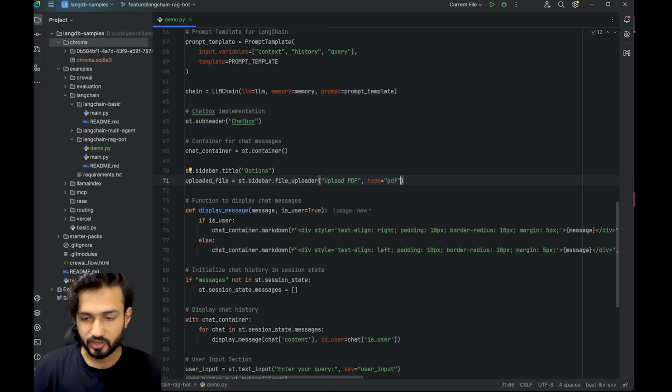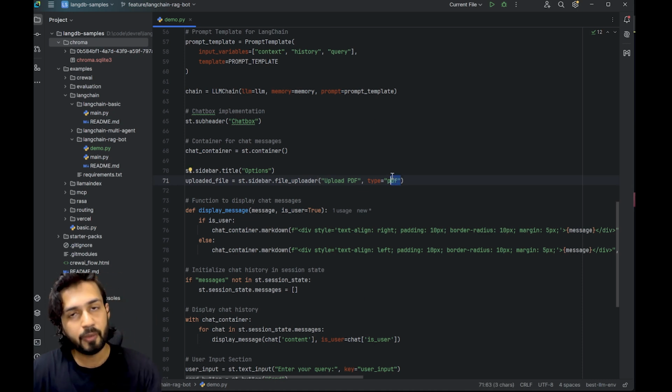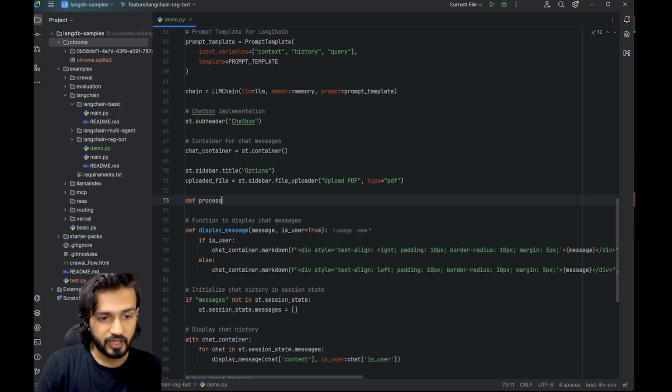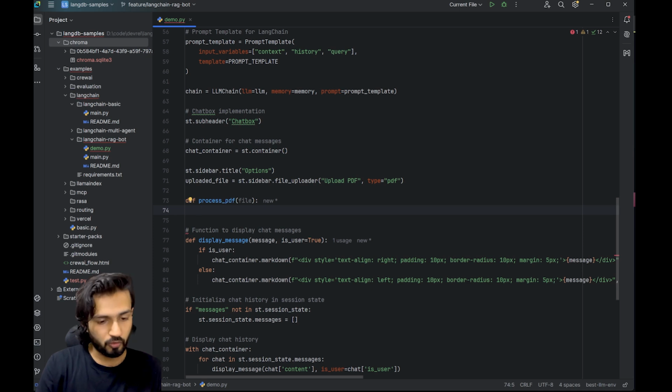But to avoid exceptions, we will only be accepting PDFs, no other images, videos, or any kind of files. Now, we have to write a function to process the PDF. So let's do that. PDF process. Now, in the PDF process, we have to provide with